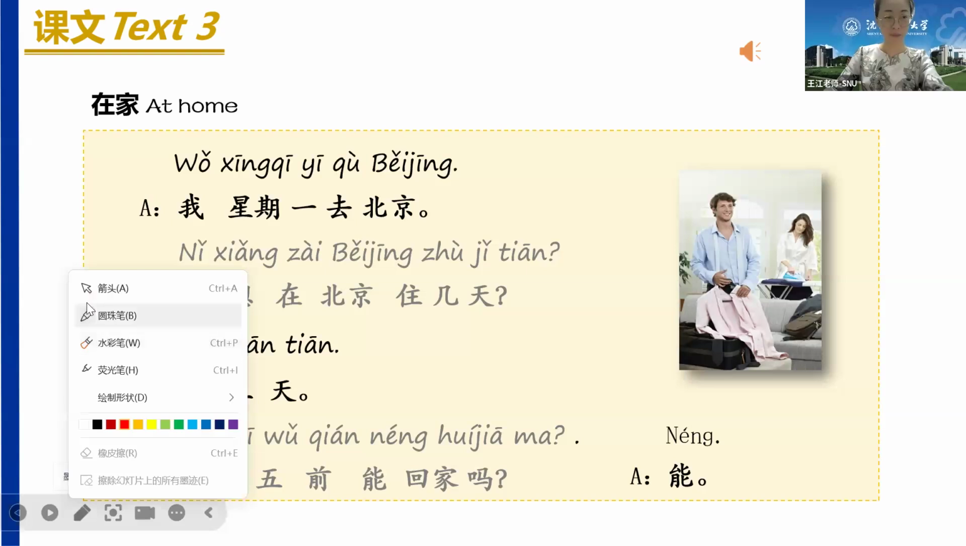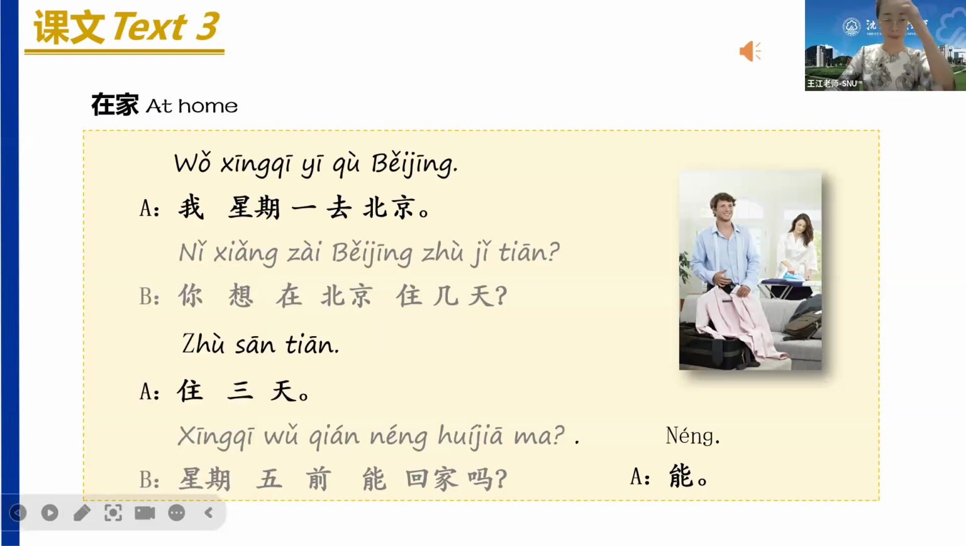课文3， Text 3. 我星期一去北京， 你想在北京住几天？ 住3天， 星期五前能回家吗？ 能。 New words. 住 前 前 Proper noun. 北 京。 京